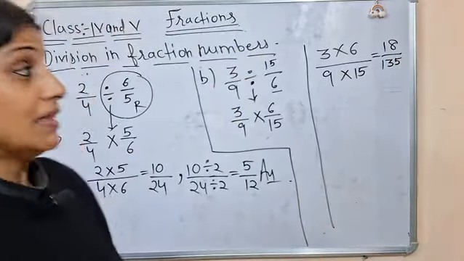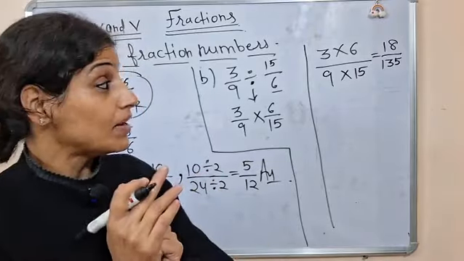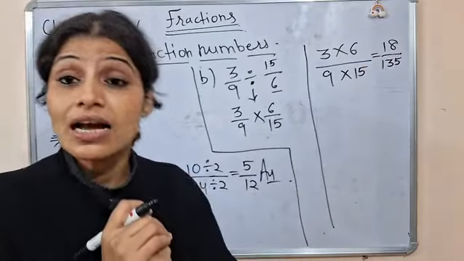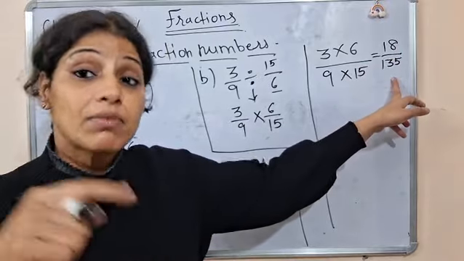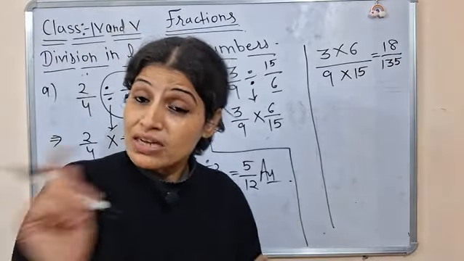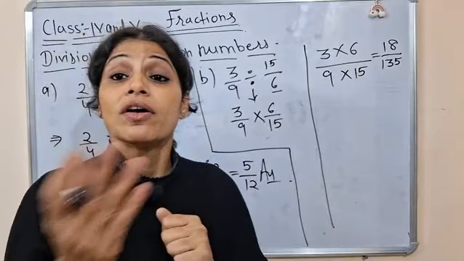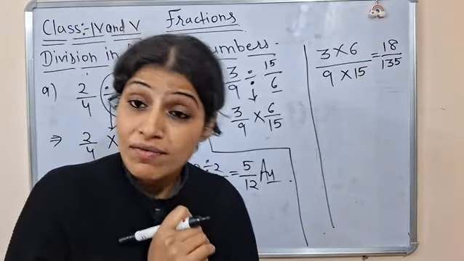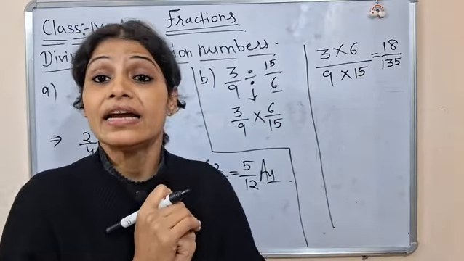Now, numbers are a little bigger. Class 4 and 5 children can easily solve it, right? आप यहाँ पर क्या कर सकते हैं? Divisibility rules लगाकर भी check कर सकते हैं, जैसा कि हम अभी लगा रहे हैं. Because earlier you must have done your multiples and factors chapter where you have learned finding highest common factor. I will also come on that chapter. ठीक है, but initially I've started taking classes from fractions only because these chapters will be coming in your final examination. So I thought let's start with the last chapters. Okay, so 18 upon 135,